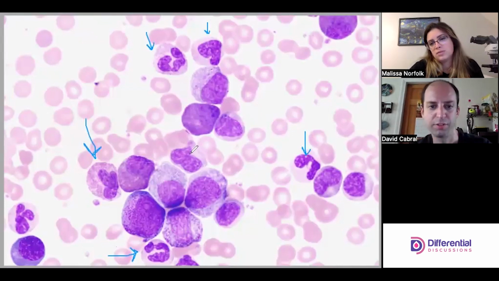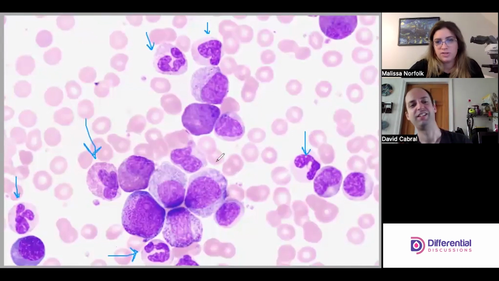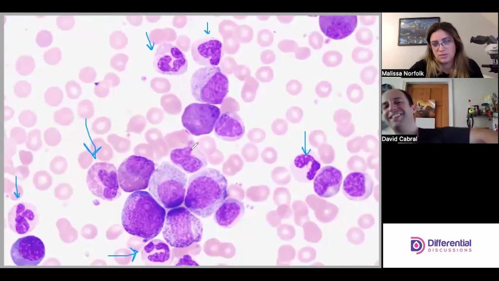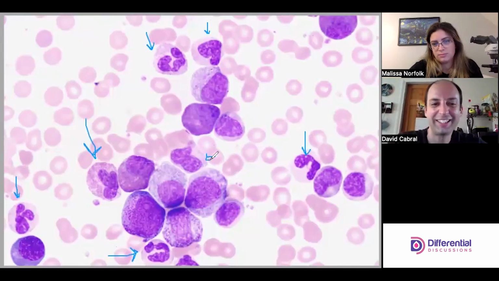And the far left. Yeah. Far left. I was just debating about that one because it looks like it's two lobes. It does look a little less mature, but